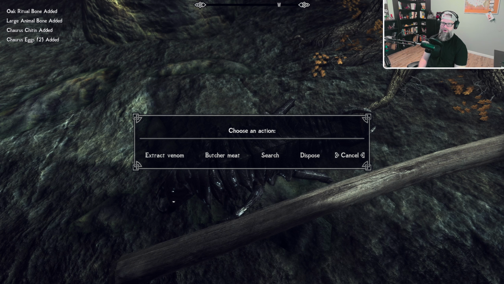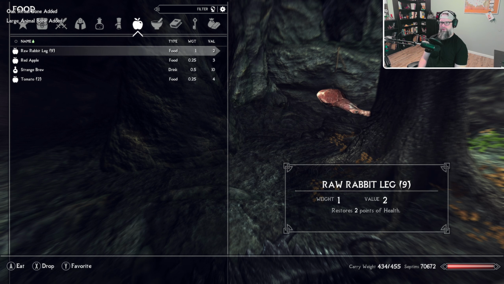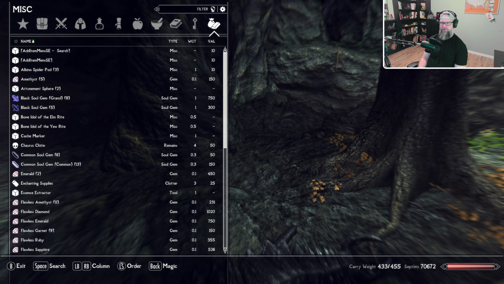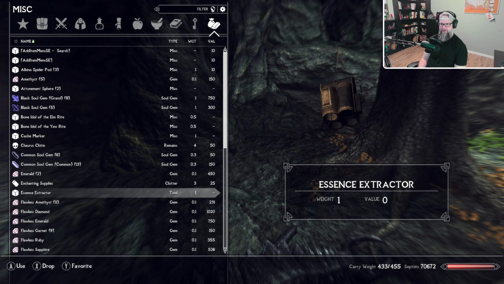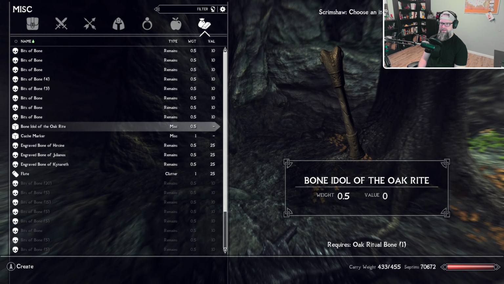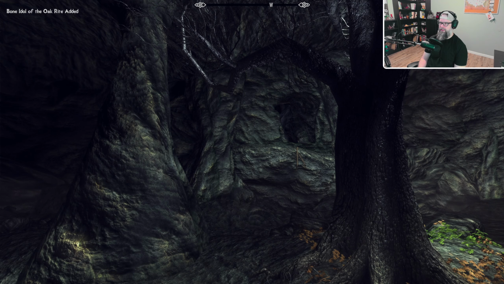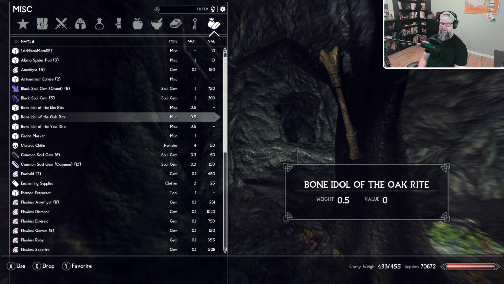There we go. We got the Oak Ritual Bone. So, just like before, we're going to drink another strange brew, which gives us strange ideas for creating strange things. And we are going to craft, with our Scrimshaw ability, the Bone Idol of the Oak Rite out of the Oak Ritual Bone. Excellent. Now, just like before, all we have to do is activate that Bone Idol of the Oak Rite, and